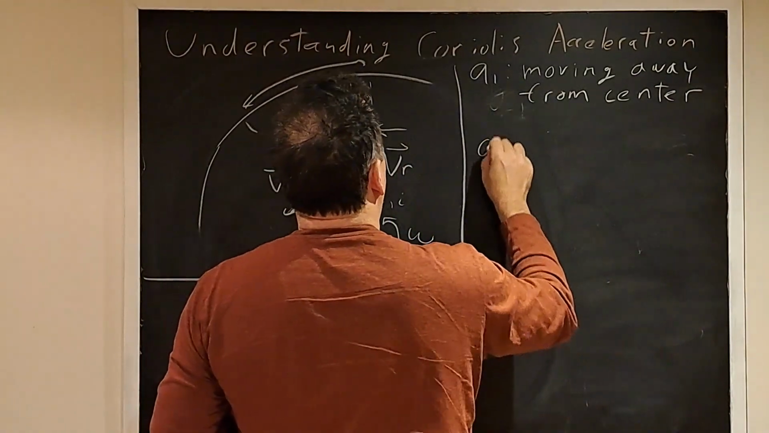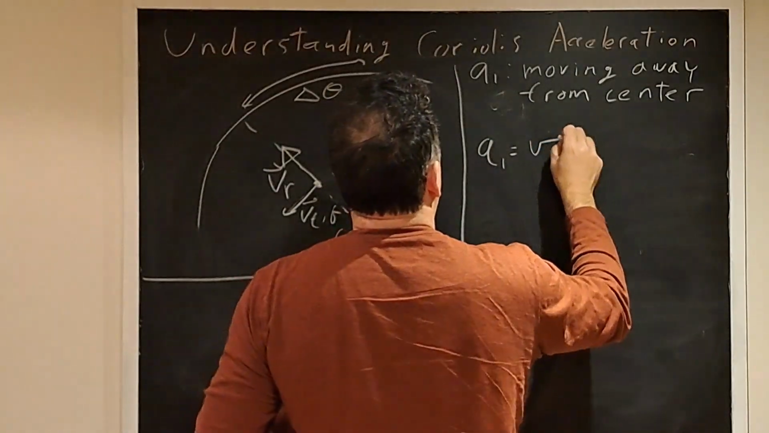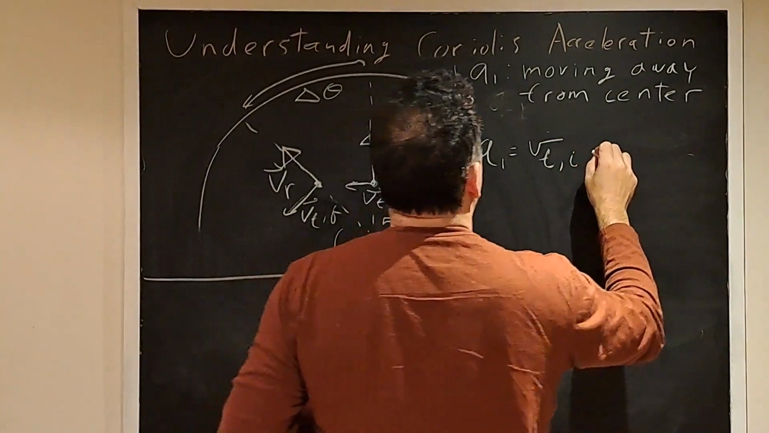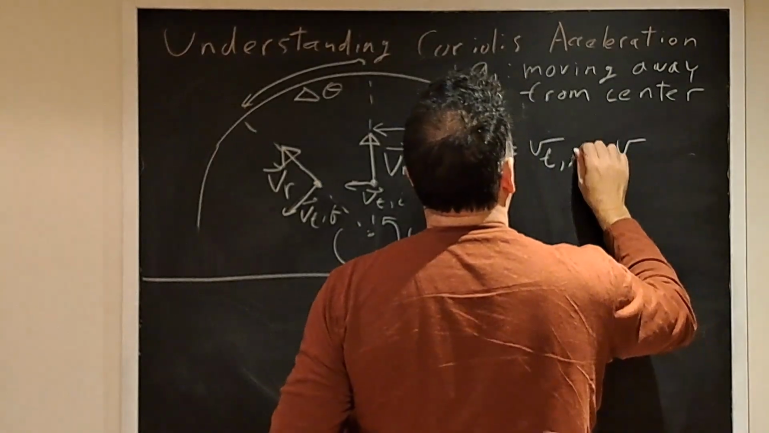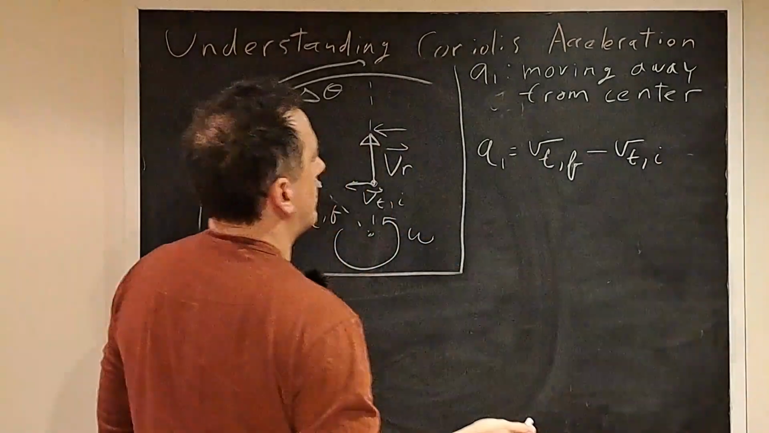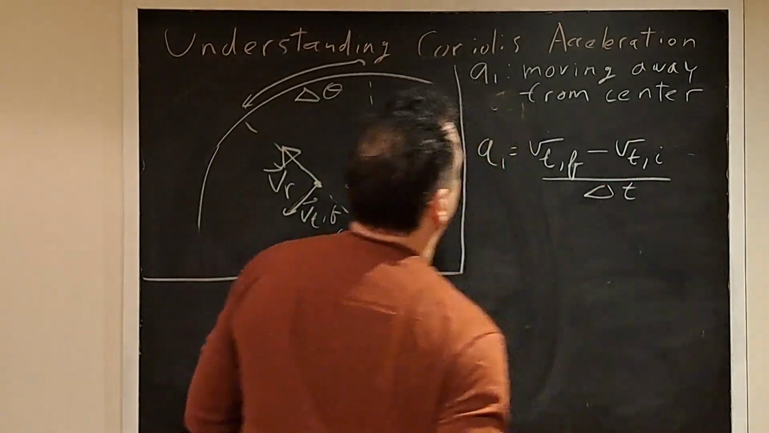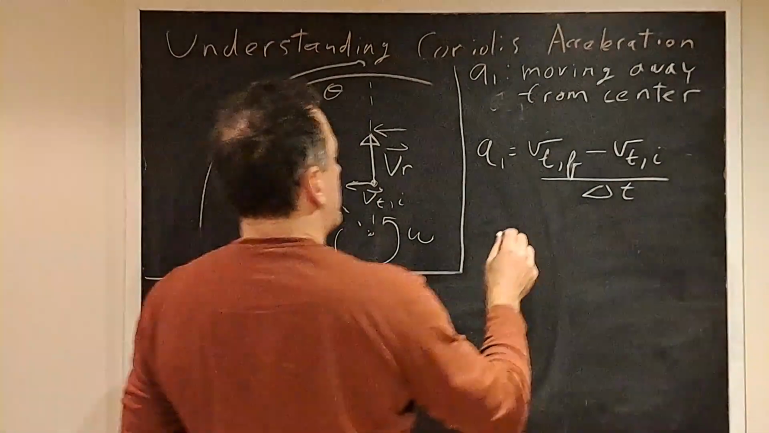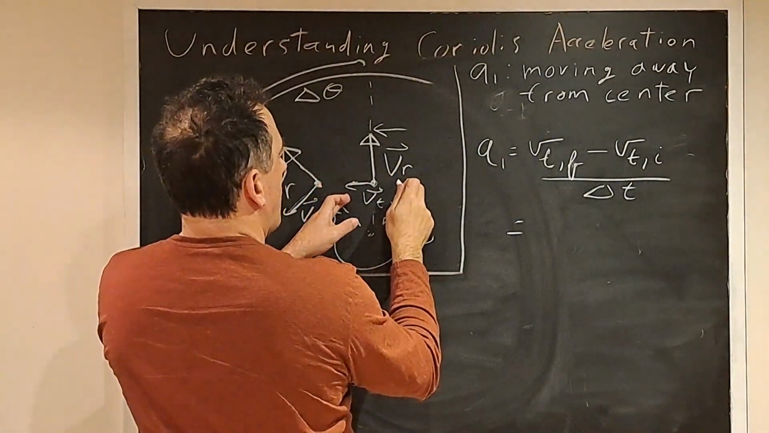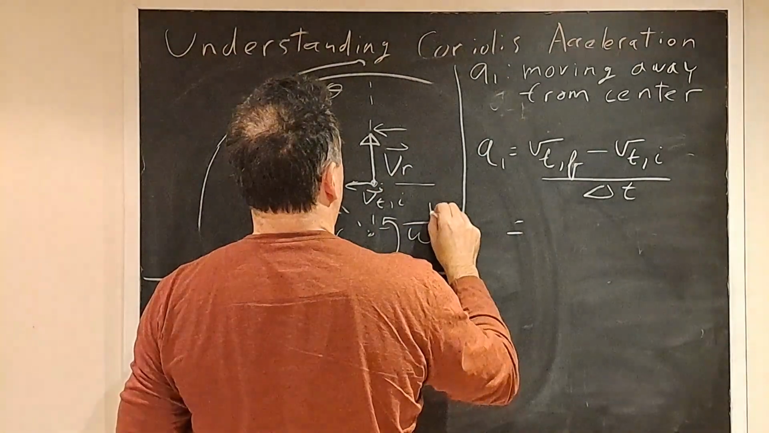So A1 is equal to the final tangential speed minus the initial tangential speed, divided by a certain amount of time, delta t. This is equal to, well, at the initial moment, we will say that we are initially at a distance r,